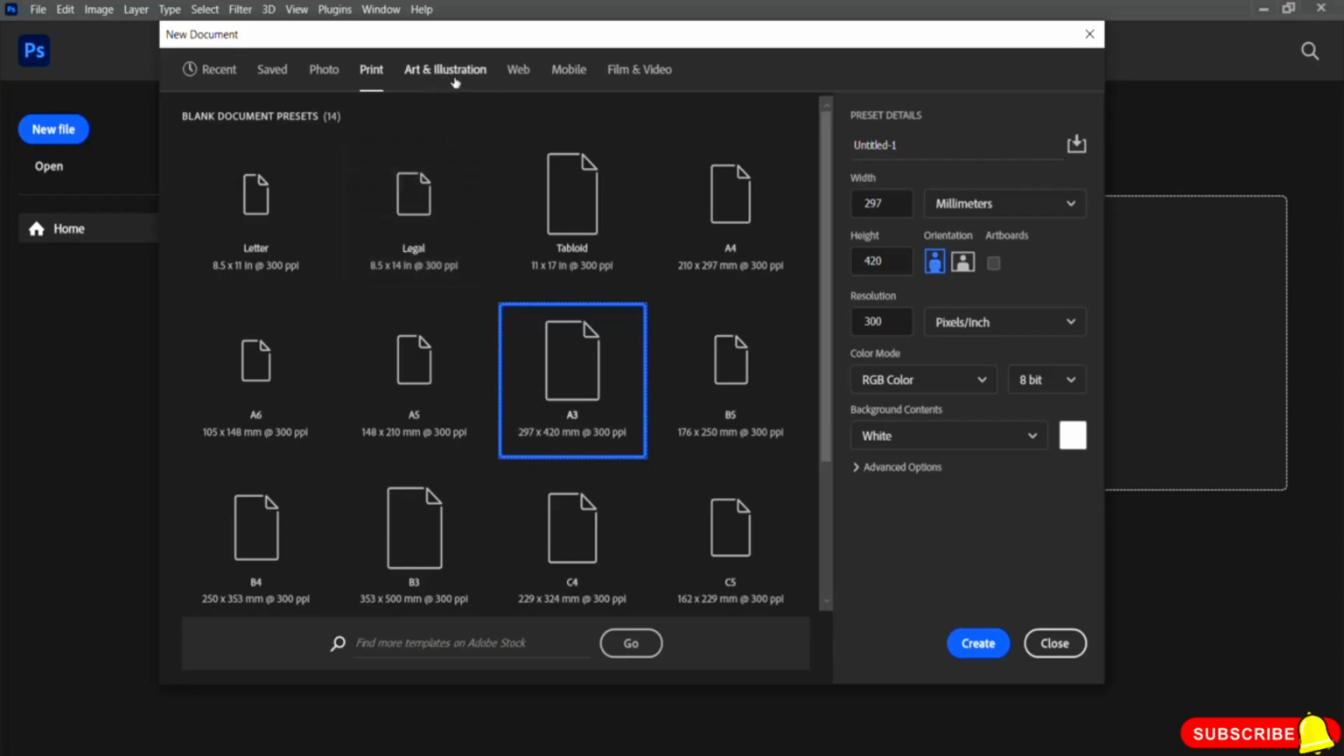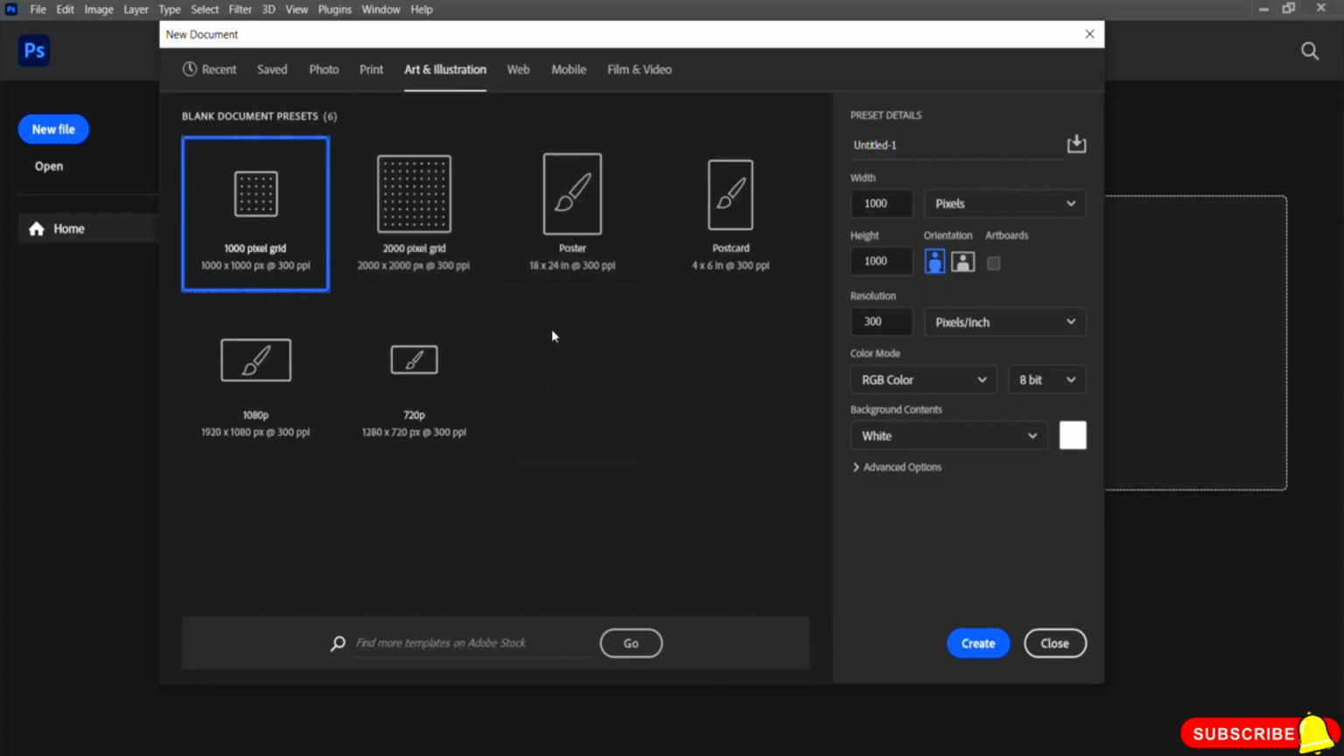Now let's move to the art and illustration tab. And this is really important because in the art and illustration tab, most of the time inches and pixels are widely used. So you can see here that we have 1000 pixel grids. This is a preset, and you can see 1000 pixels for width and 1000 pixels for height. That means a square shape will be created. And you can see the background content as well as